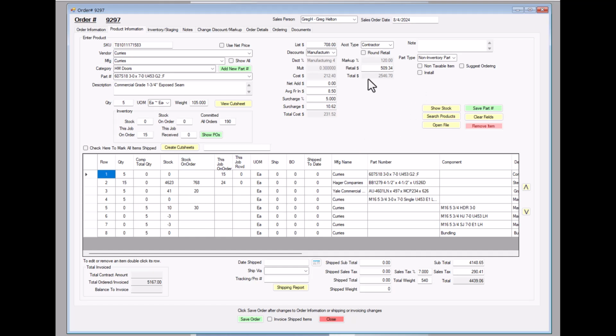Now, another thing you can do, let's say for whatever reason, maybe your company, you do not track, or whenever you order, let's say a 3-sided frame, that's how you order it, is a 3-sided frame. You don't do it by components or anything like that. You can update your system to change all of these 3-sided frames from assemblies to non-inventory or inventory. And you would do that through,